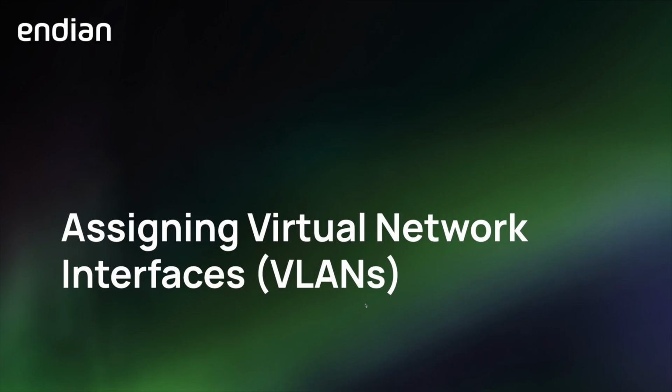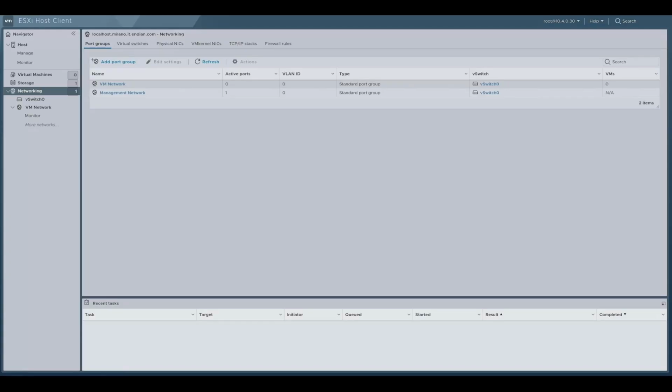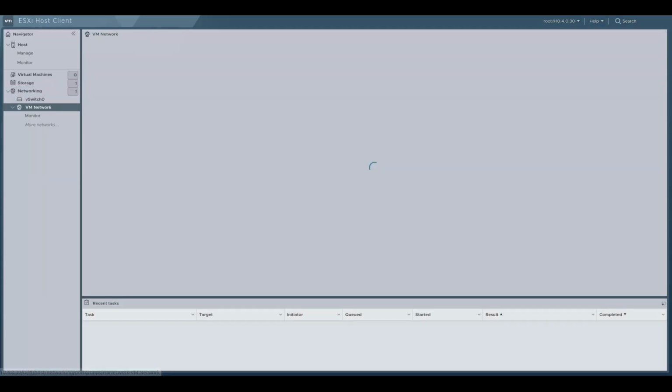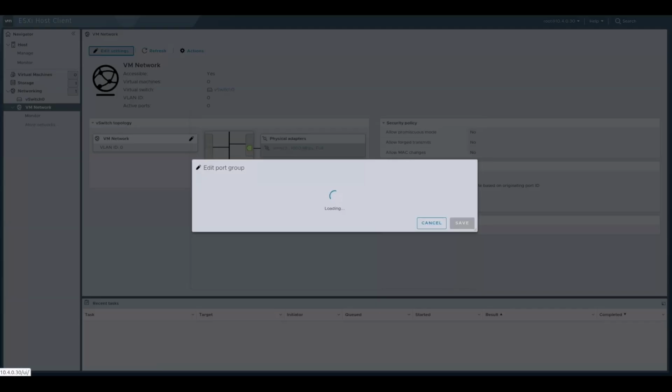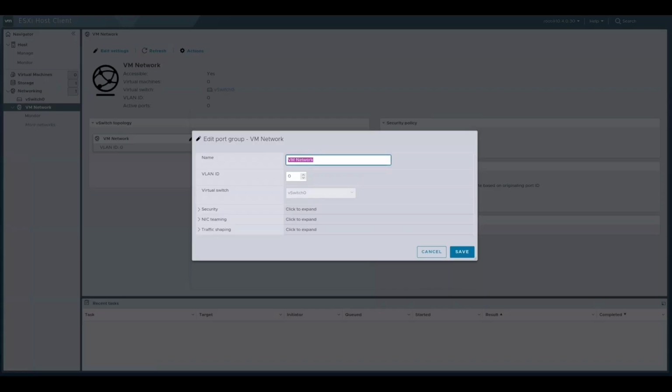Let's start this demo with the installation of Endian Virtual for virtual environments such as VMware ESXi and Proxmox, using VMware ESXi 8 as an example. In this part of the video, we will see how to correctly configure the virtual switch in order to manage VLANs. We start by renaming the default port group from VM Network to Red, without adding any tag, meaning